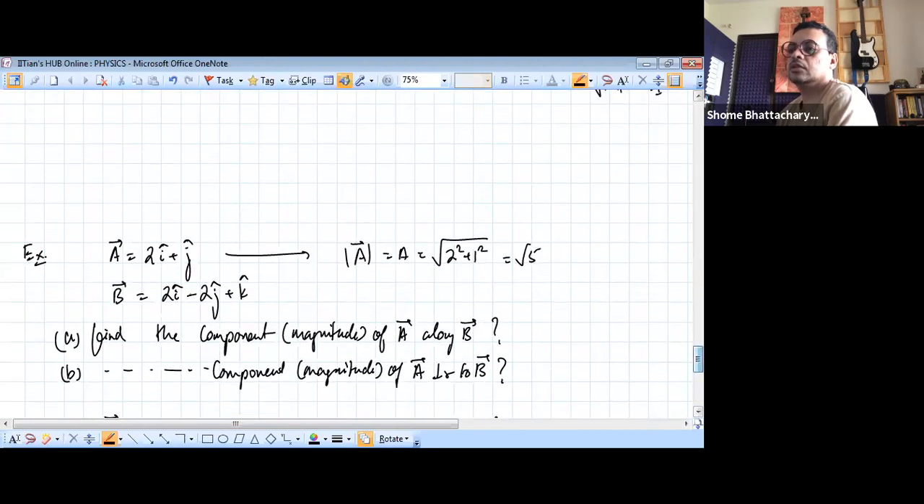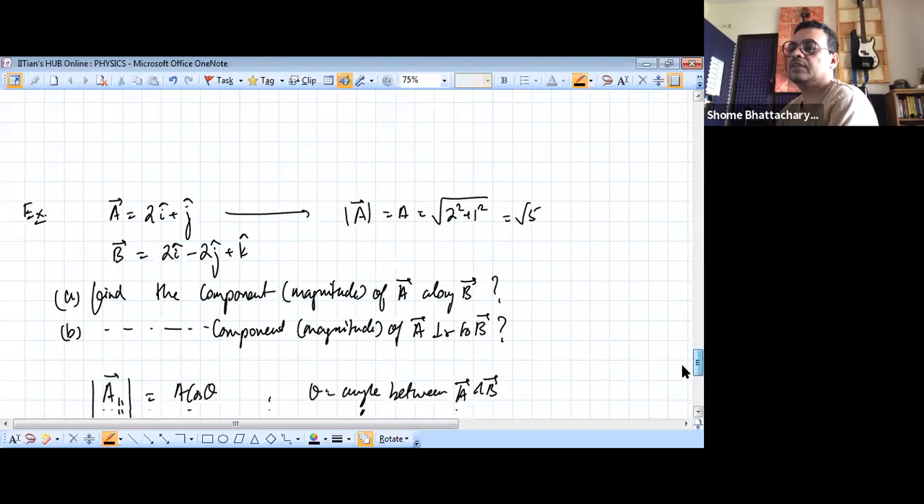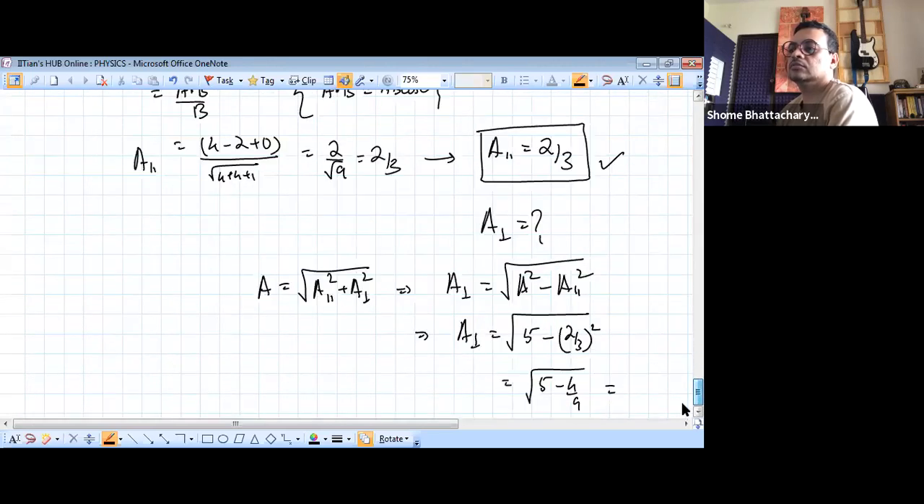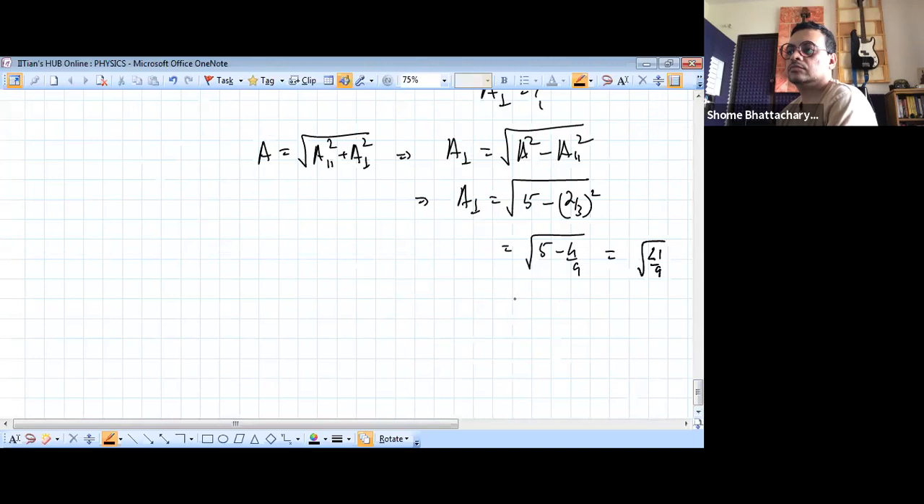A's magnitude is root 5, so A squared is 5, and A parallel is 2 by 3. So A perpendicular becomes